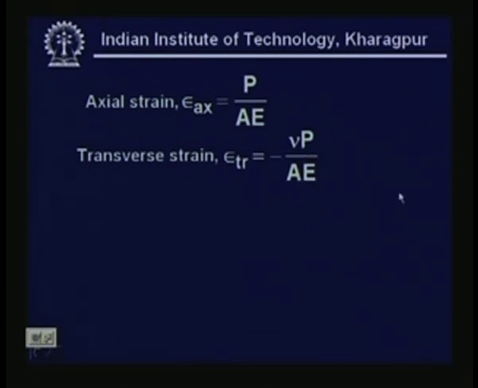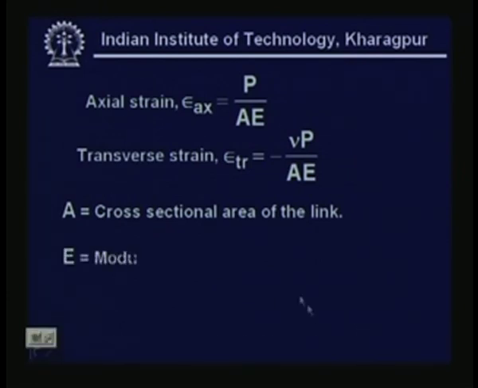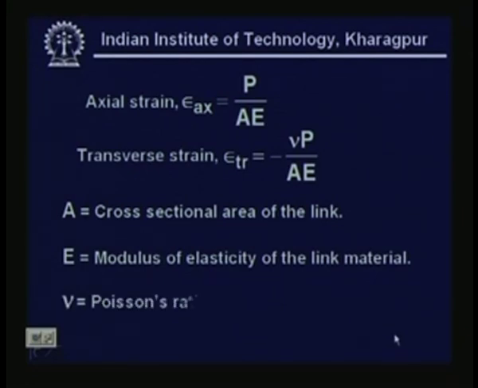Now, what are those notations? Let us look at it, where A is the cross sectional area of the link. Okay, we have seen the link. So, the link looks like this, is not it? So, this area is the cross sectional area A, right. E is the modulus of elasticity of the link material, right. Then we have Poisson's ratio nu of the link material,